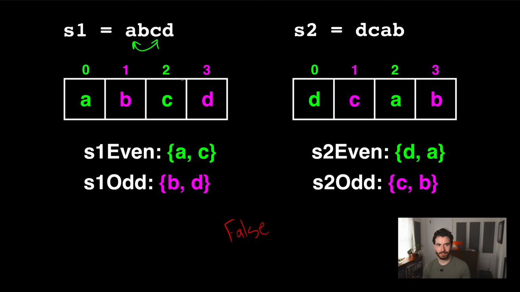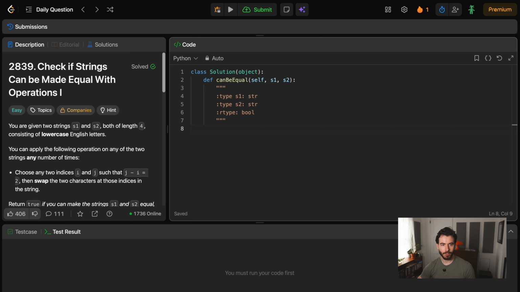So now that we have an idea of how to solve this problem, let's move on to a solution in LeetCode. So here we are in LeetCode, and I'm going to be using Python to write up a solution. And just like in the examples, we're going to have even and odd groups for S1 and S2. And we can use a set as a data structure for each group because sets are unordered. So it won't matter what index we find the characters in each string,